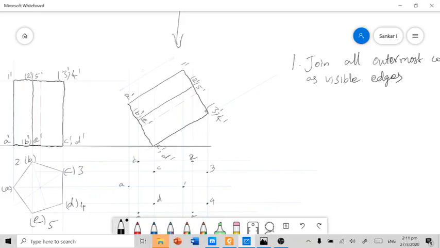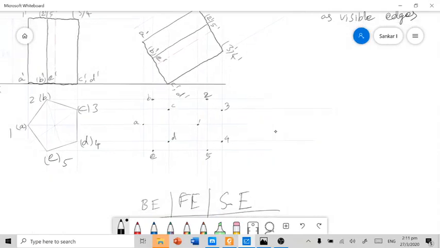If you see this pentagonal prism from the top, definitely the edges 3C and 4D are not visible, they are invisible. So this invisibility should be reflected here. For that we need to find out which are the visible edges and which are the invisible edges by our imagination. But this will be possible after gathering some experience with the topic projection of solids.